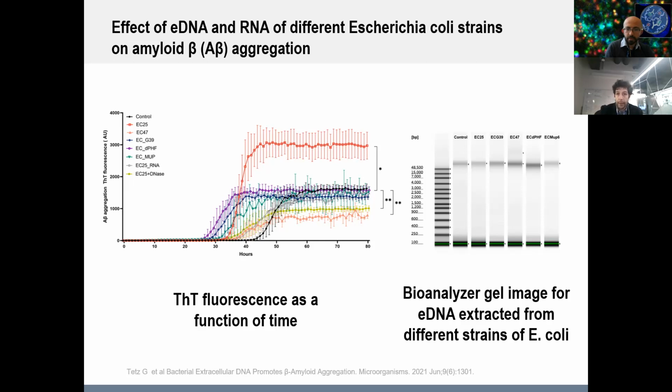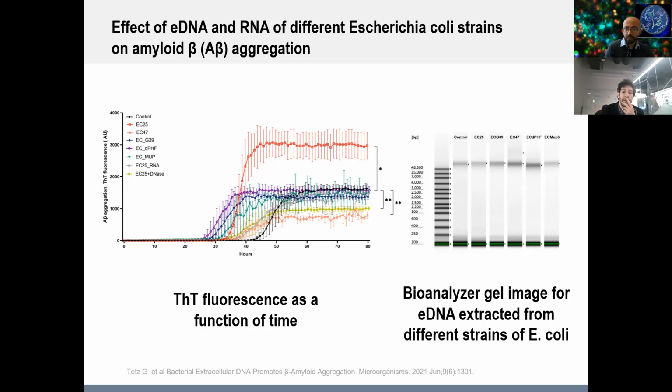So this part remains enigmatic, and we don't know why the DNA of some bacteria triggers A beta aggregation and some not. We can only speculate that there are maybe specific binding sites along polymeric DNA molecules that are present on DNA of some E. coli strains and are absent on other E. coli strains, even though these eDNA have the same sizes. But we don't have a good answer yet.